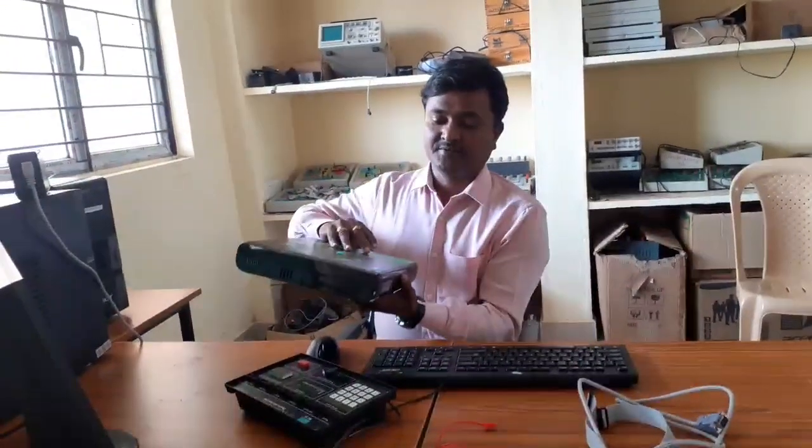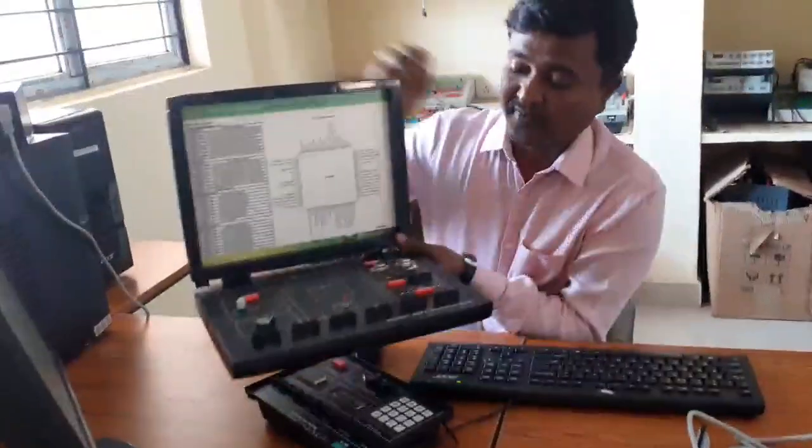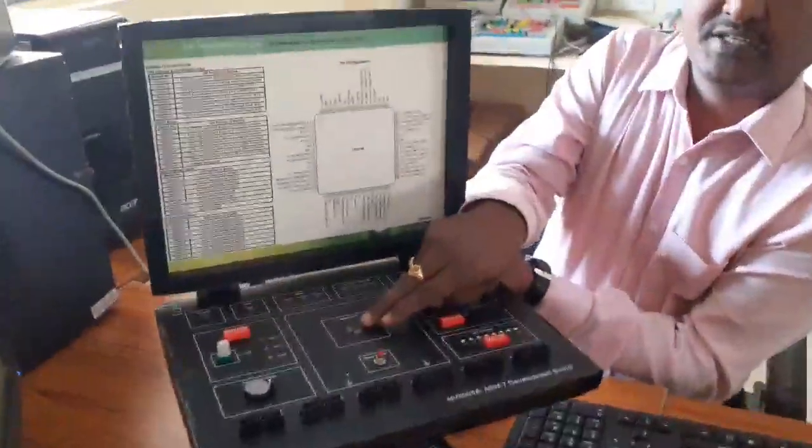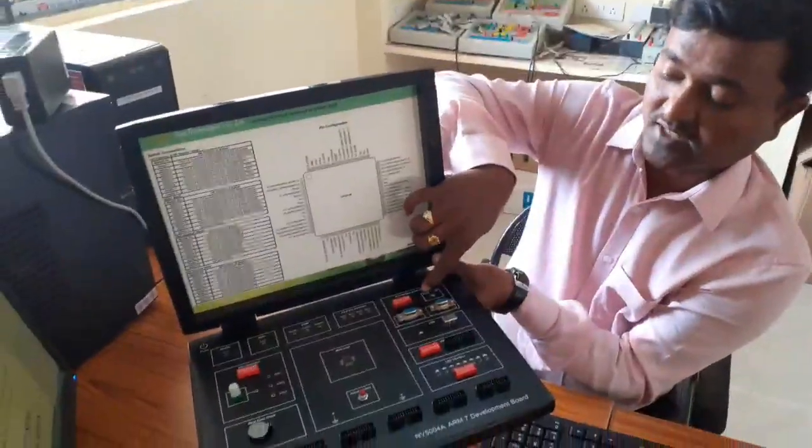Now let us see the components used in the ADC interfacing program. This is the ARM7 development board kit. Inside this kit we can see the main ARM CPU LPC 2148, and a switch for mode: ISP and run.